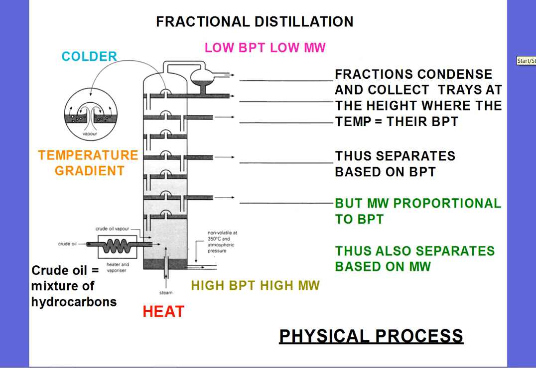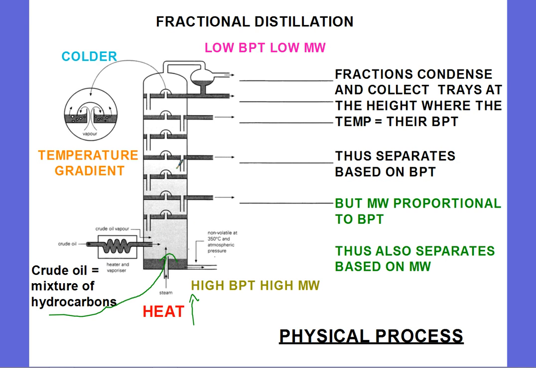We know we get crude oil out of the ground, and it's a mixture of hydrocarbons. It's a liquid mixture of hydrocarbons, and we pump it into the bottom of the fractional distillation tower, and we also heat the bottom of the tower. And because we're heating the bottom, there's a temperature gradient. It's hot at the bottom and it's cold at the top. The heat at the bottom causes the fractions, or the different mixture components, to evaporate, and as they evaporate they